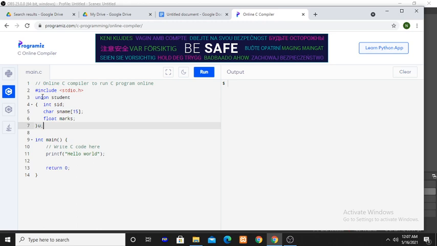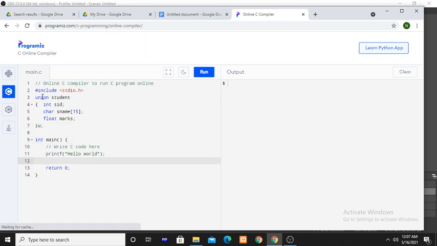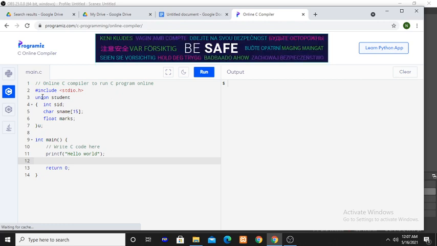Okay, union variable. Now how to access the union members? Same as the way of accessing the structure members.